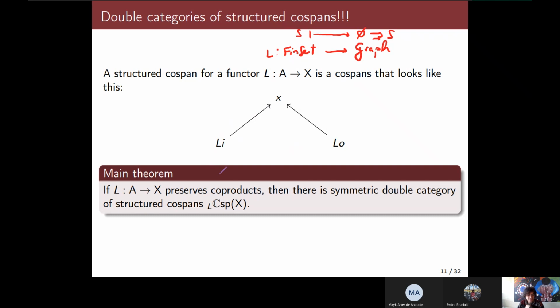And the main theorem is that, under a very mild condition, if L preserves coproducts, then structured cospans form a double category. This is very resemblant of, and Bruni will know this, the double category of just cospans. So the idea here is to show with a math theorem that you can change the feet to fit this condition and it is still a double category, and see that this is again symmetric as we wanted. And this is very complicated,